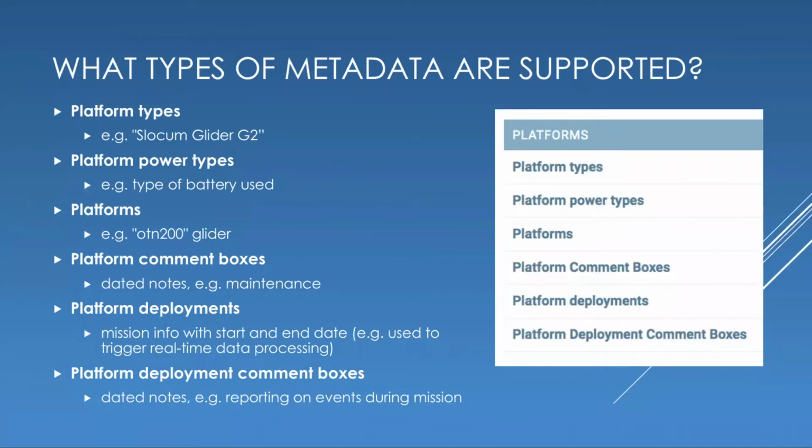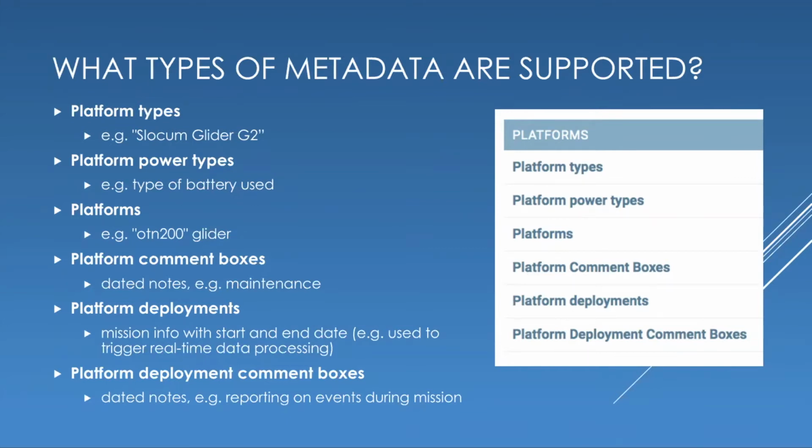So we have platform types, so categories of platforms that we have, like we have multiple types of Slocum gliders in our fleet. So in this example, Slocum glider G2. We also record platform power types, since it can be useful to refer back to what type of battery was used in a mission, especially if there were issues or differences in performance. And of course platforms, so one of our Slocum gliders is called OTN 200,